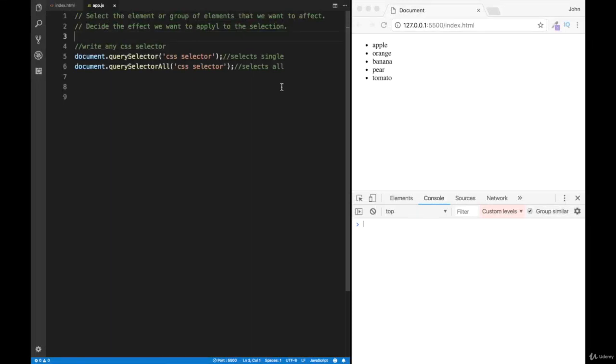Now, the last two selectors that we're going to be covering are going to be querySelector and querySelectorAll, and they are going to be the most powerful, and therefore I can guarantee you that they're going to be your most favorite one. So the query